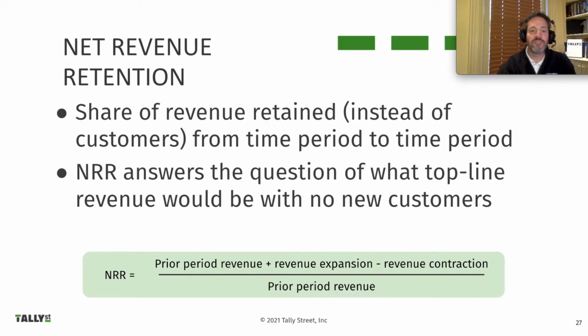What net revenue retention basically tells you is what top line revenue would be if the business acquired no new customers. So for example, if a business had $10 million of sales last year and had a steady net revenue retention rate of 90%, then if that business stopped all new customer acquisition efforts, we would expect them to have $9 million of revenue this coming year. So it really tells you what a business's revenue would be if they stopped acquiring new customers. And it's the base revenue that is essentially built into the business and supports the business as they look to grow into the next year.